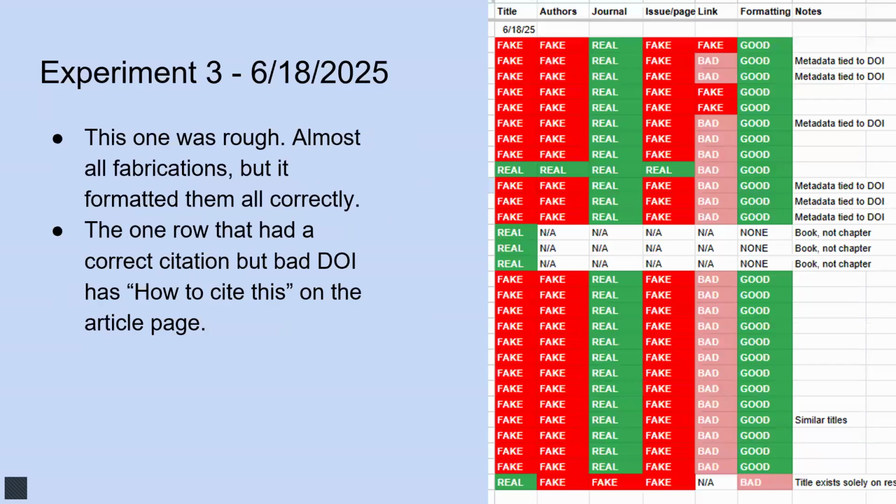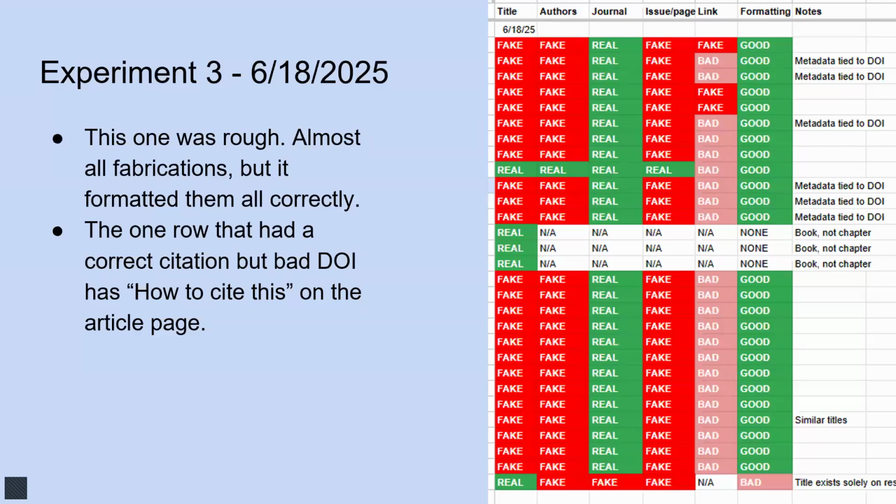So we go to experiment 3, and as you can see, it did not do well. When I asked for book chapters from the original subset of questions where I did not include APA citations, it gave me 3 books about green tea with no links. They were real titles, but no other information, so no citation. And then everything else pretty much was incorrect. And some of it, it was just such a mess. And I was like, okay.